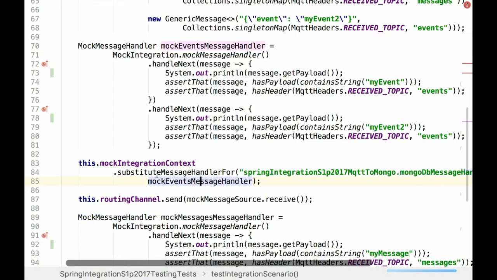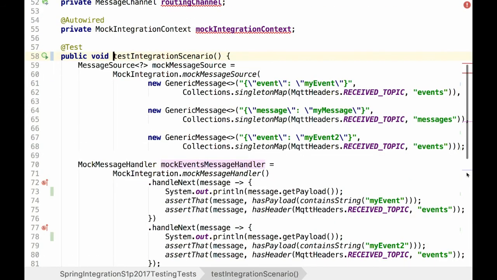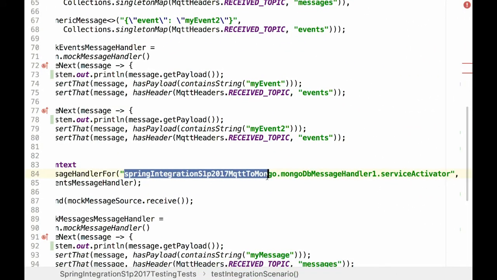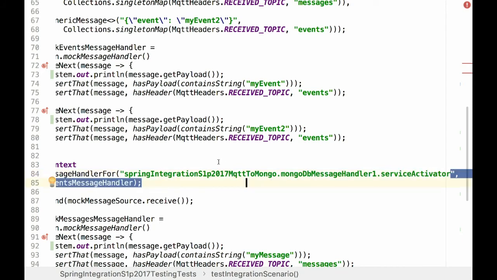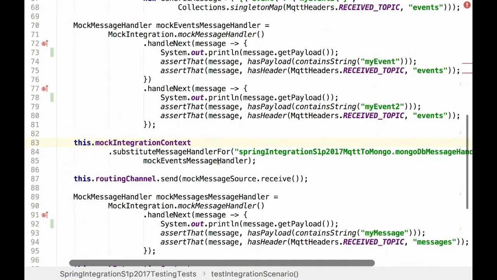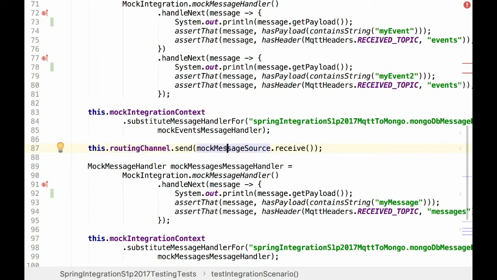So this is what we do with substitute message handler for endpoint bean name. Yes, that's an ugly bean name, but that's exactly what service activator annotation does in the framework. After substitution, we are ready to send messages and verify that our routing logic works well.